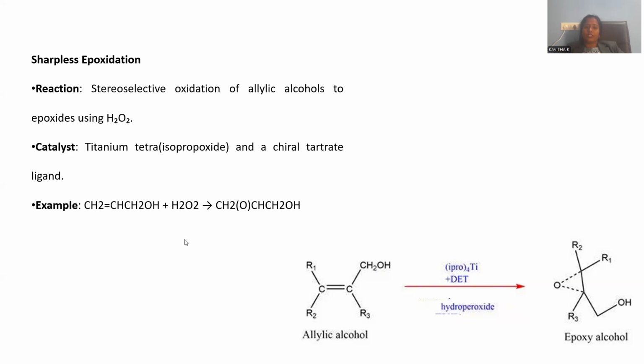Sharpless epoxidation has a wide range of applications in organic chemistry to generate epoxides, right? Generally, we are not always using hydrogen peroxide. Rather, we can go for the higher peroxides. Tertiary butyl peroxide can be applied, but instead we can go for hydrogen peroxide for a better yield of epoxy